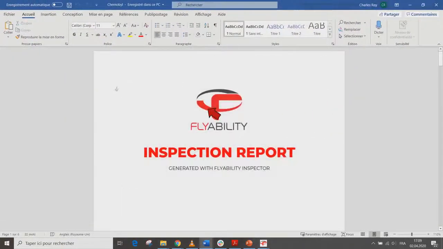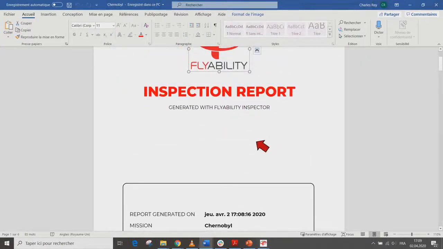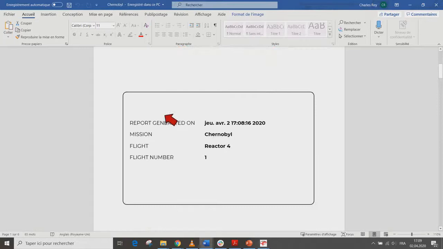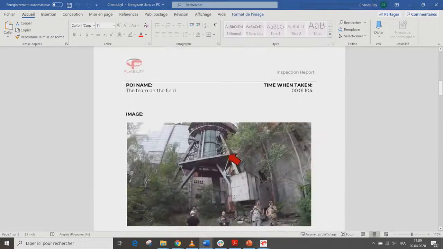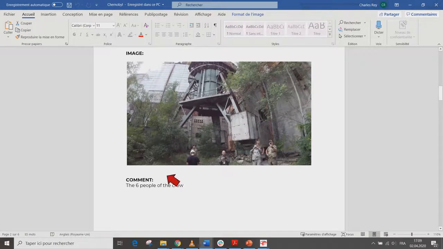So if I open it in big, you can change the logo, it's a Word document, so you can change everything. You have the information when the report was generated, the mission, the flight, and here you have the point of interest with the name I entered in Inspector, when it was taken in the video, and the picture, and